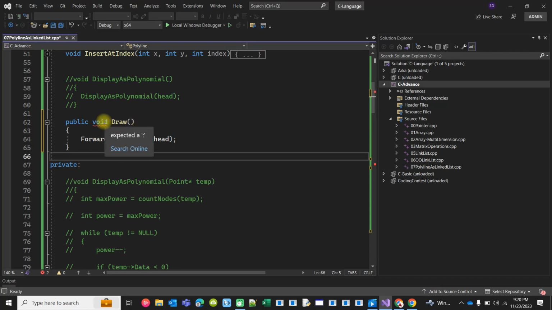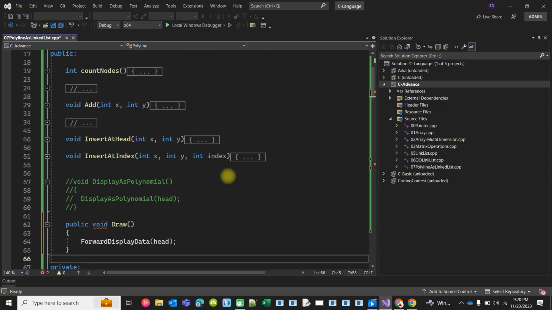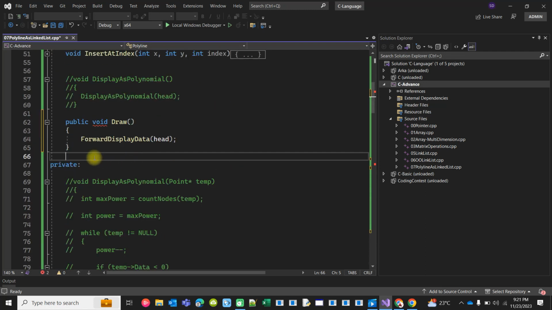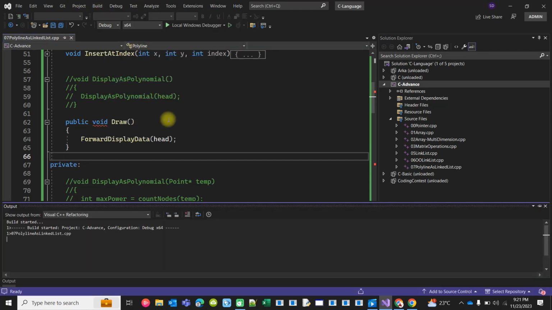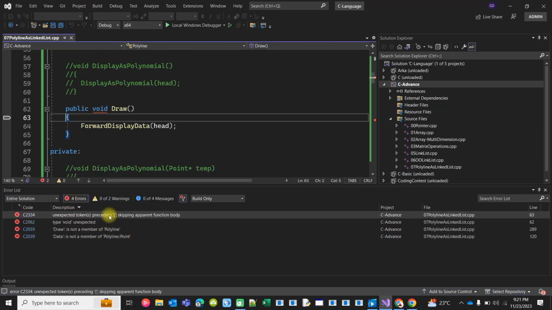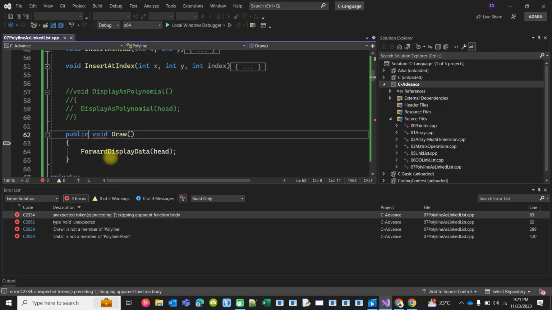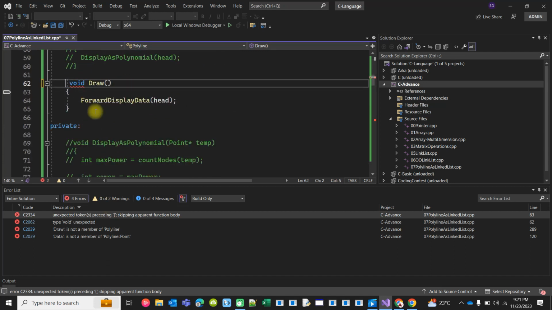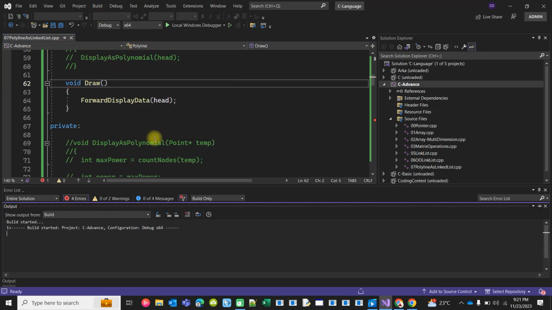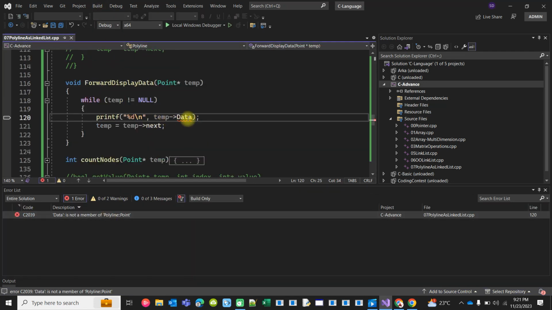Why is it saying colon? Why like that? It is already public, right? That's why it is C++, not C sharp. Okay. So simply we can write